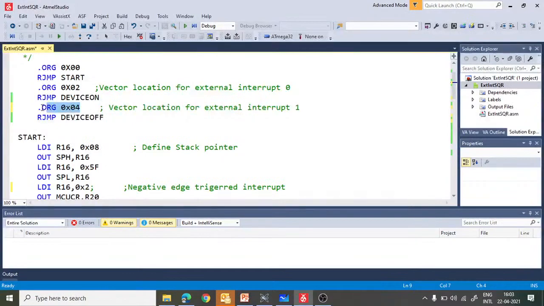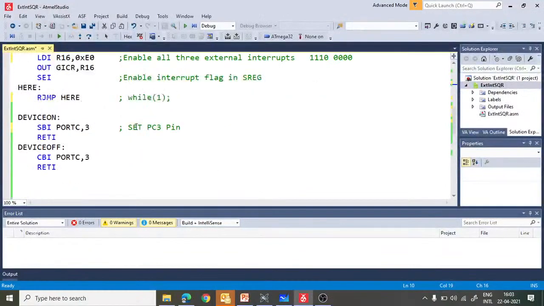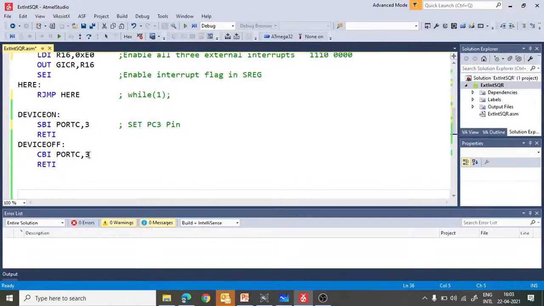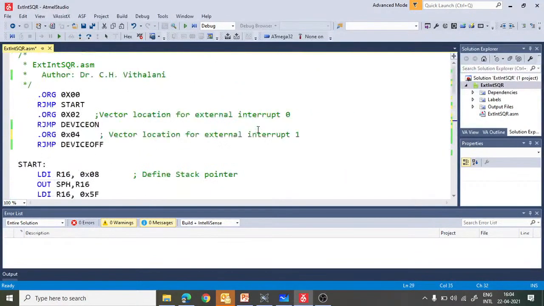So that's why we have written the directive here, .org 0x04. At location 0x04 we have written RJMP device_off. So your program will jump to device_off, and in device_off we have written the instruction CBI PORTC, 3. So essentially what it will do, it will clear the PC3 pin. Okay.